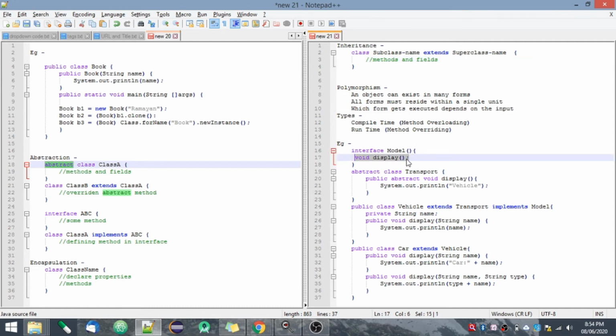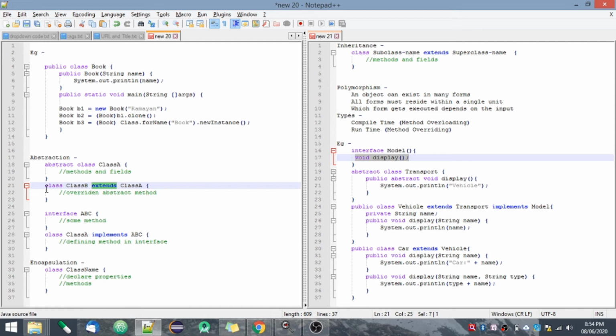Okay, so this is an abstract method. I have not provided any body here. If a class contains one or more abstract methods, it is known as an abstract class. Now if I have created an abstract class, and another class extends this class, then that class will also be declared as an abstract class.